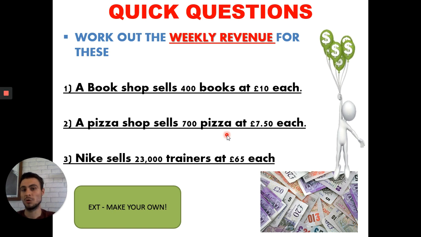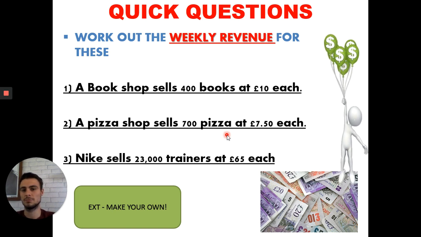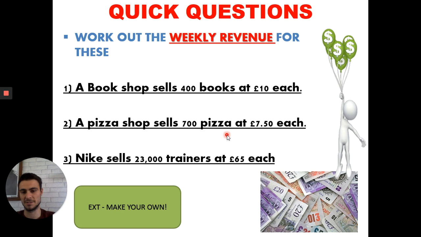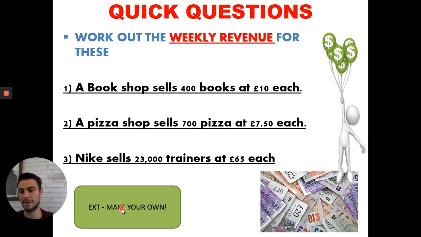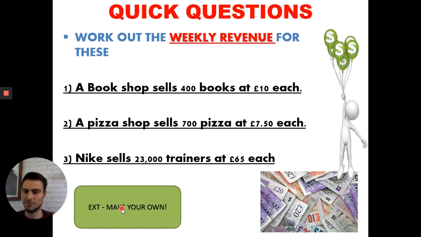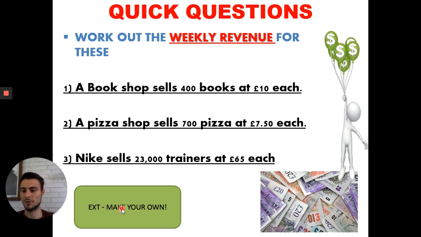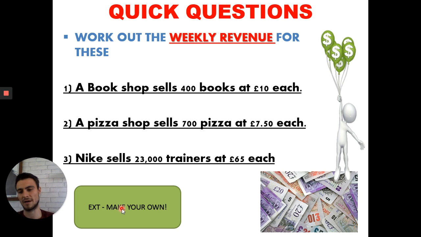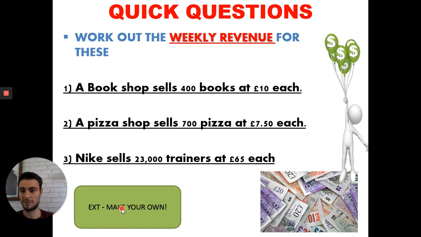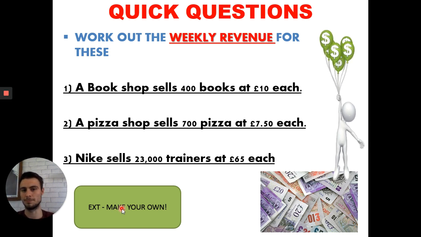So we're looking at the sales revenue, so weekly revenue for these three made-up businesses. And there's an extension at the end for you to make your own up. So to work out revenue, we need two things: how many we sell times by the price. So I'll do number one with you, and then number 2 and 3, I want you to pause and have a go yourself. So number one, if the bookshop in a week sells 400 books,